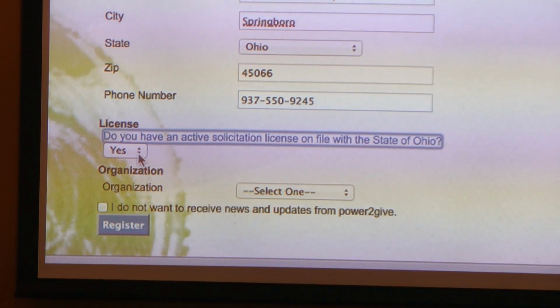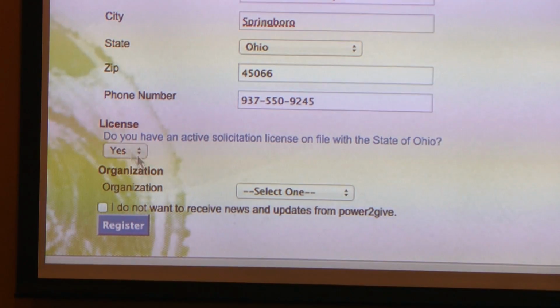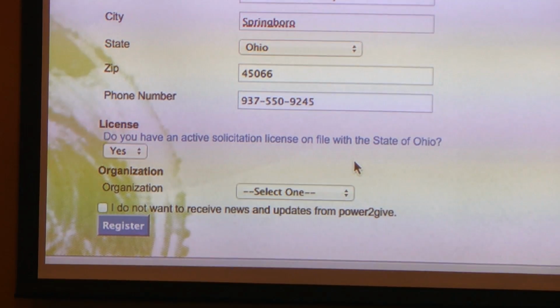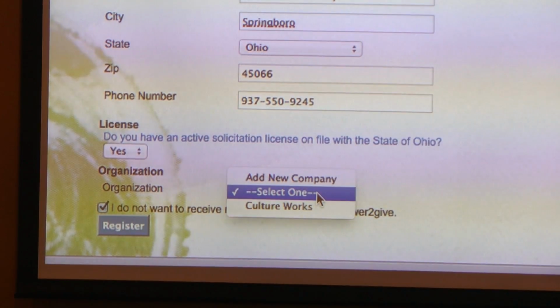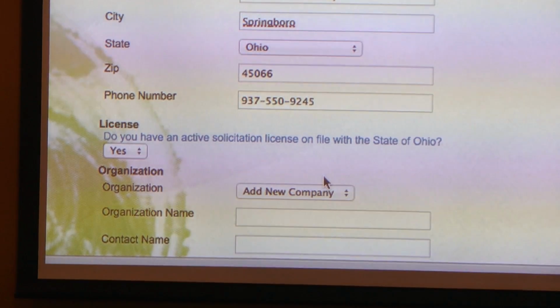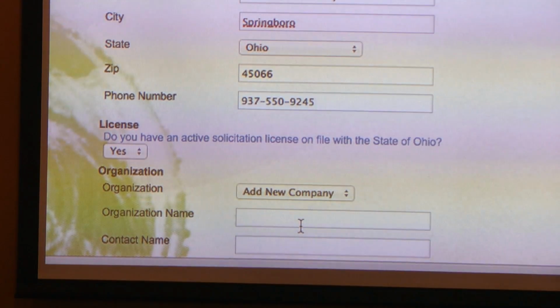The solicitation license is part of the requirements for participating in Power2Give. If you have any questions about that, the CultureWorks staff can help you with that. But most every charity is registered. Now, the first time you log in, go ahead and click on that, because we've had a lot of confusion about this. You don't want to select CultureWorks because you're not with CultureWorks. You're going to create your new company. So for the first time you do this, you have to additionally add your company, which is a little redundant, but